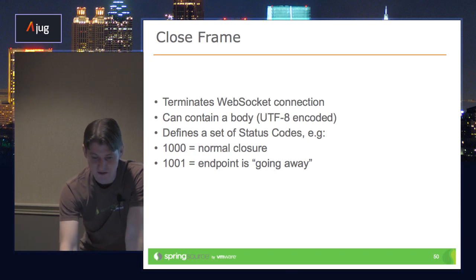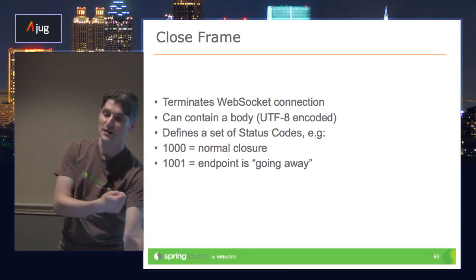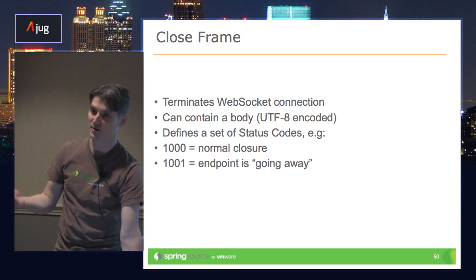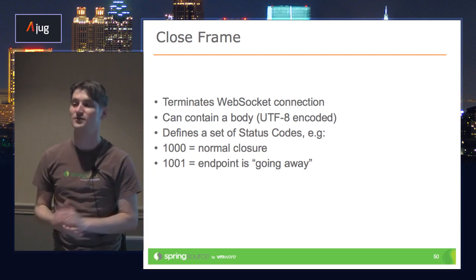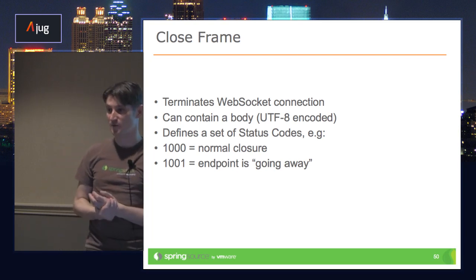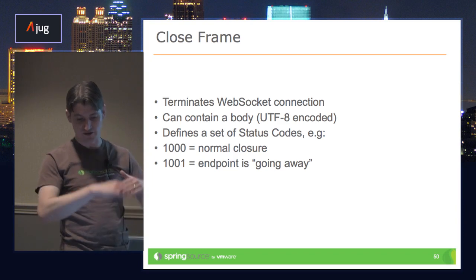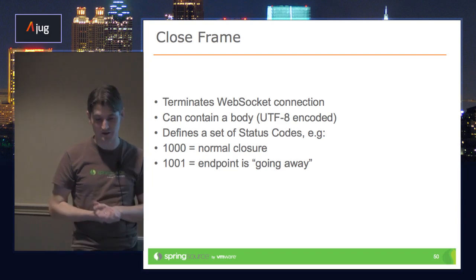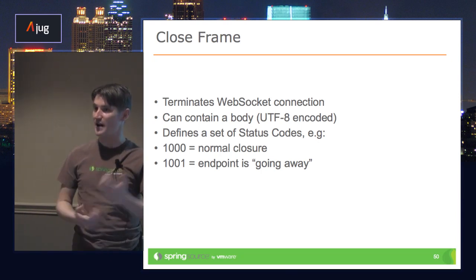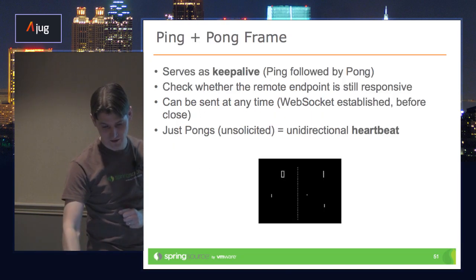The close frame terminates the WebSocket connection. It can actually contain textual information. From the browser perspective, you have no clue what that means, but it's in the spec. Technically, if you do server-to-server communication, you maybe have access to it, or maybe later on it will be exposed some way or the other. But it's at least possible. You also have different status codes, a whole list specified in the protocol: normal closures, that the endpoint is going away. So different error states can be communicated via WebSockets as well.